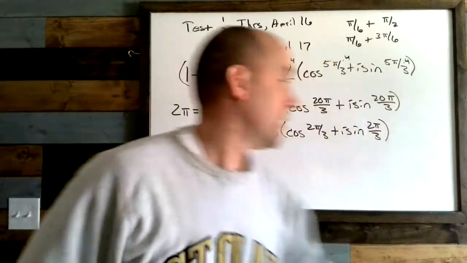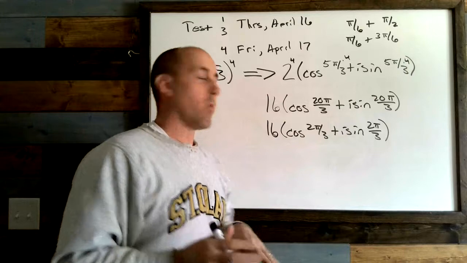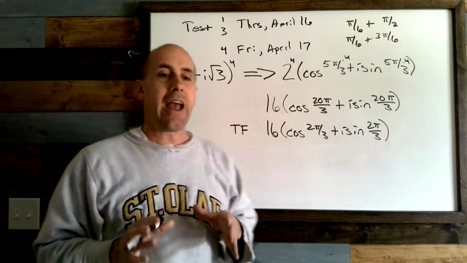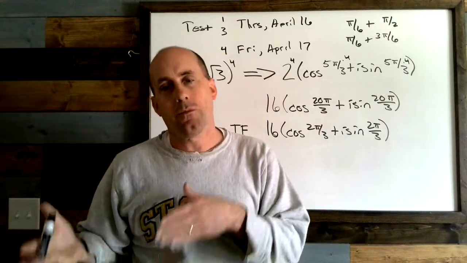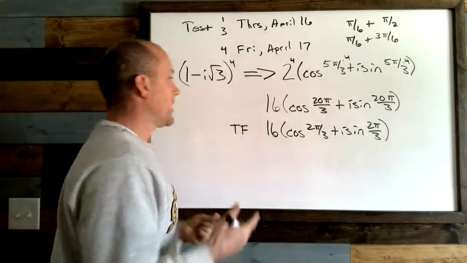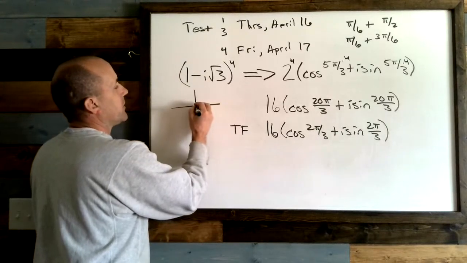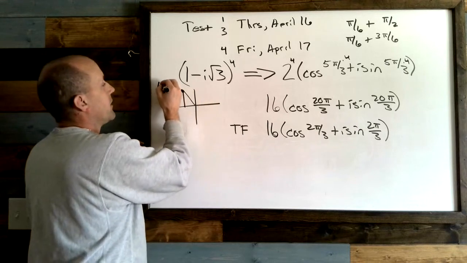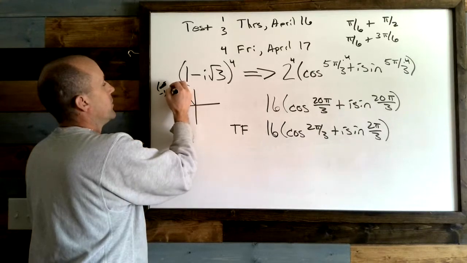Great, we've got it. Now that we have that piece, that's what we call trigonometric form. You must have answers both in trigonometric form and in complex form for your test. As I turn it into complex form, watch what happens. 2 pi over 3 is a 120 degree angle, which has terminal points of negative 1/2, and root of 3 over 2.